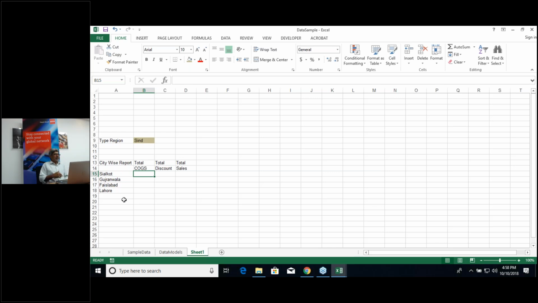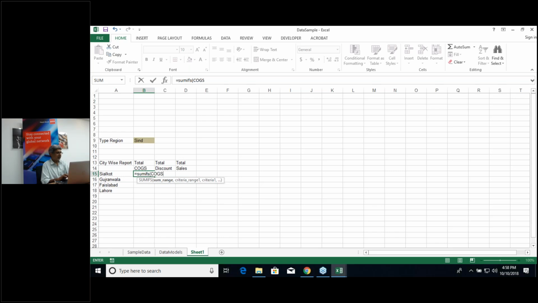So this is a bit of a tedious data model, but we can do that. In order to do that, we have two different conditions. One is in the case of region and the other is in the case of city. So what we can do is, first of all, let's calculate, apply the function, for example, SUMIFS. What do we want to sum? We want to total the cost of goods sold. Since we have already created the named range for this, just type